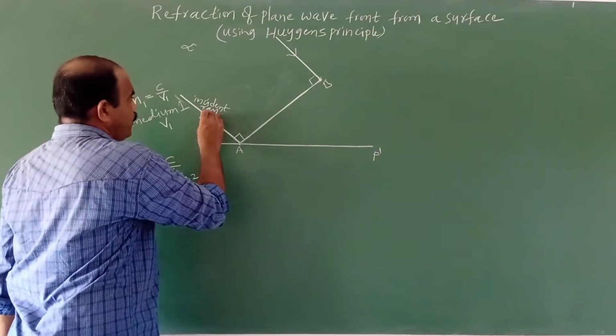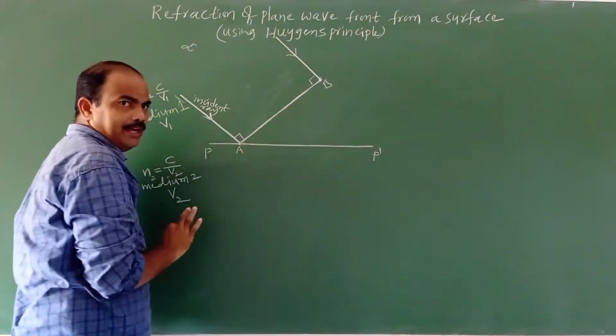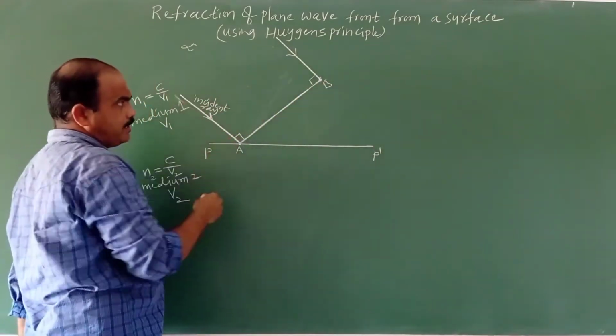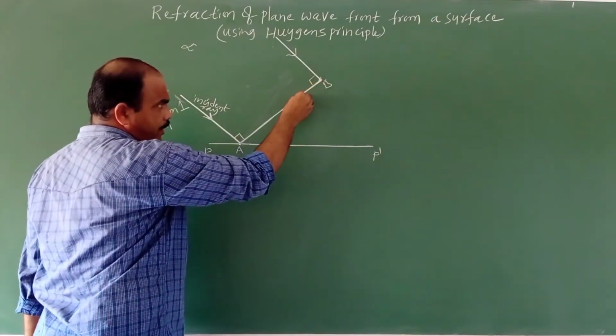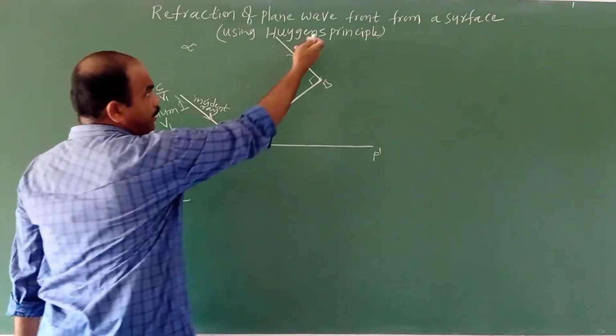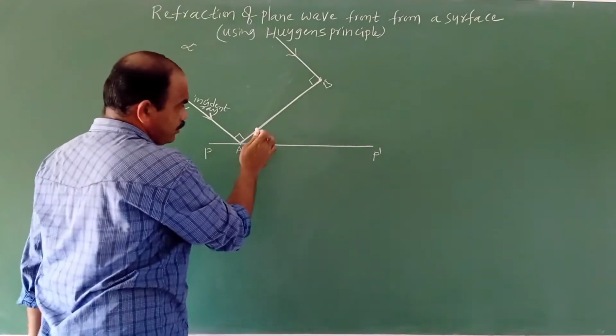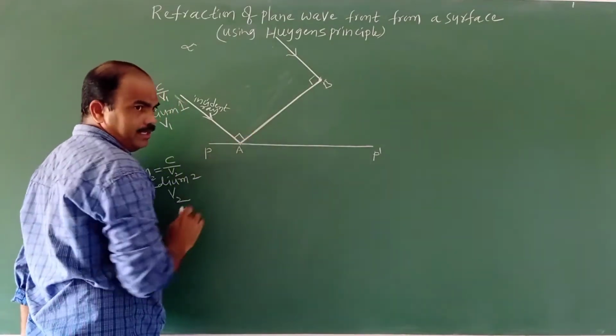Okay. You draw the incident rays, or the light rays. The light ray direction is nothing but the direction of propagation of energy. The direction of propagation of energy is always perpendicular to the plane wavefront according to Huygens principle. Okay, it is satisfied. Now, with what angle is it incident on the plane wavefront?